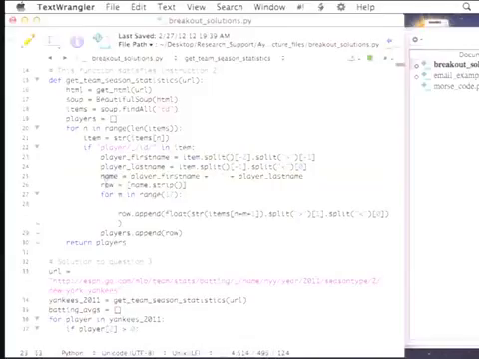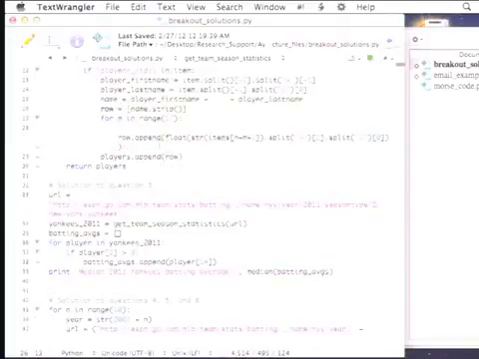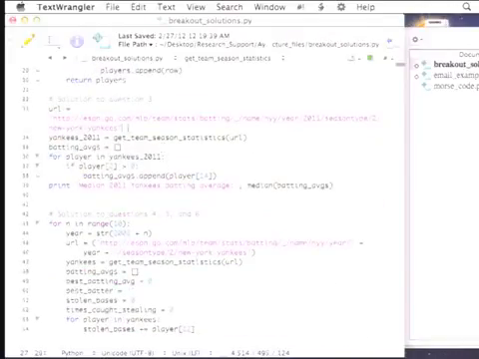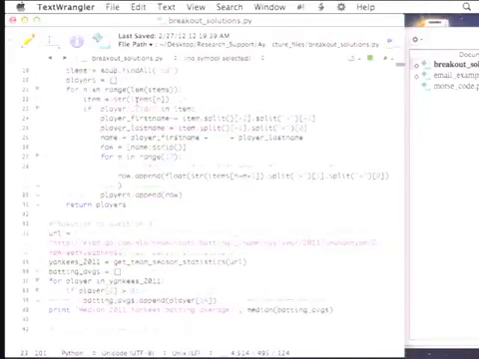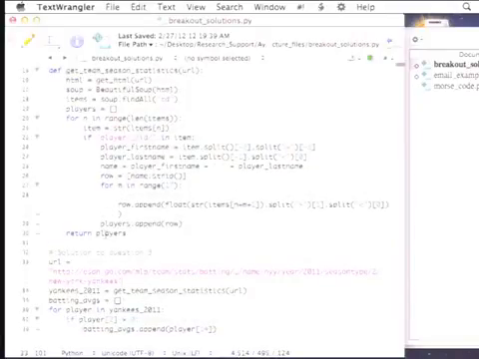And then the rest of the row contains the number data. So you can strip that to create the rest of the data, and then parse it one at a time for one of the 17 numbers in there. And then we just create a list of lists. Then the final thing is just to say, and this function, get team season statistics, given a URL, will return you in this solutions a list of lists where the first element in the nested list is the player, and then the next 17 are all the numerical statistics